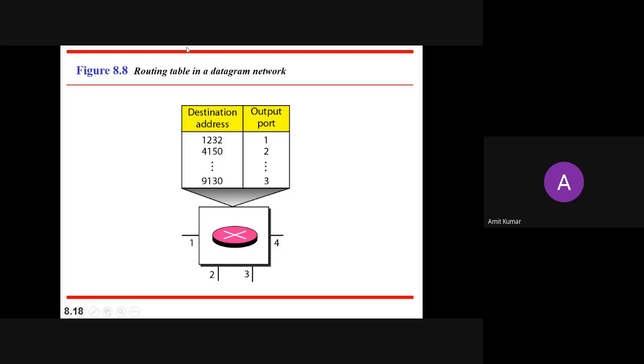Is this path correct, or do we have some blockage in this path? Does this path go to that point or not? That is known as the examine process. After that, if they find the routing path is correct, they will choose that path. In this way, the routing has been done.